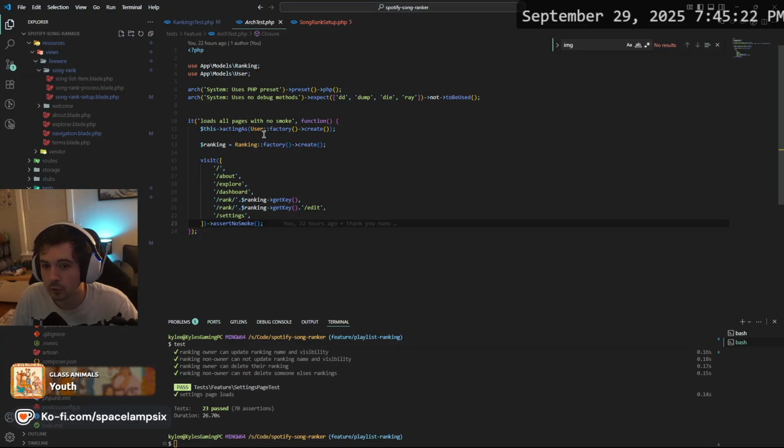And then it says it loads all the pages with no smoke, meaning there were no console errors and no JavaScript problems. So it says, hey, acting as a new user, make a new ranking, and visit the home page, the about page, the explore page, the dashboard, a ranking page, the edit for a ranking page, and the settings page, and make sure there is no smoke. It's just like a quick test to make sure that everything is working.